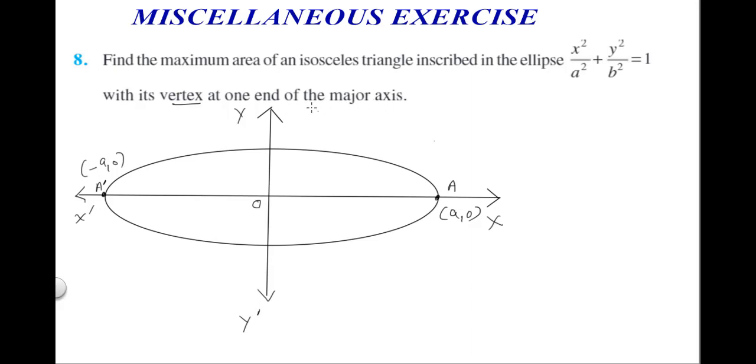Clear? Now after it, I have to make one isosceles triangle. Suppose I take this as the vertex, and this is where I am trying to draw the triangle. So I have to take the vertex like this. This one will be one of the vertices. Clear? And naming the point, suppose this is h comma k. I am not taking x and y because in x and y we already have an equation.